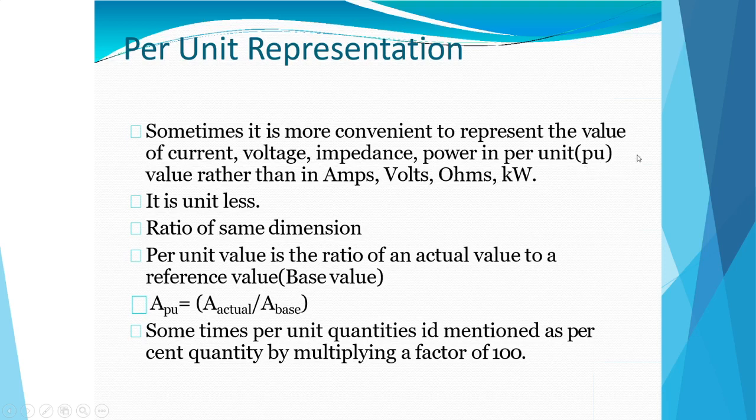Okay. So what we are telling here is that in a large interconnected power system which is having more number of voltage levels and various capacity equipments, it is quite convenient to work with per unit system of quantities for analysis purpose rather than in absolute values. So sometimes percent values are also used instead of per unit, but it is always convenient to use per unit values.